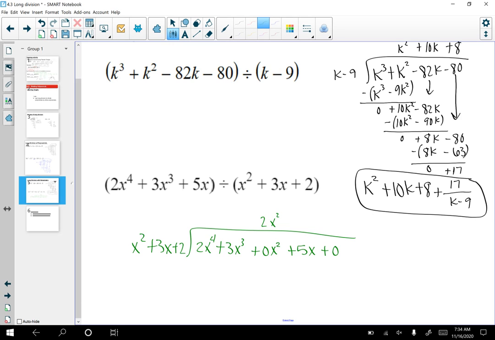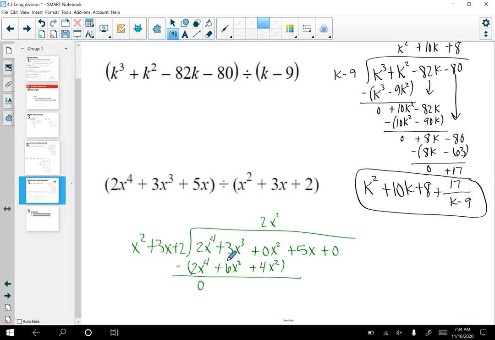So 2x squared times x squared gives me 2x to the 4th. 2x squared times 3x gives me plus 6x cubed. 2x squared times 2 gives me plus 4x squared. Go ahead and subtract. That's a 0. 3x cubed minus,